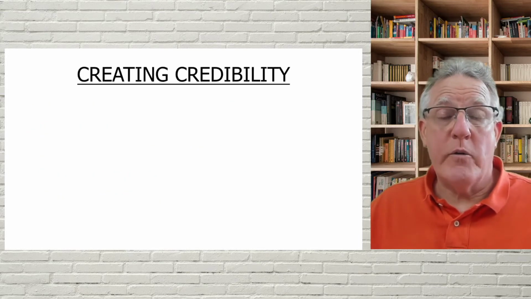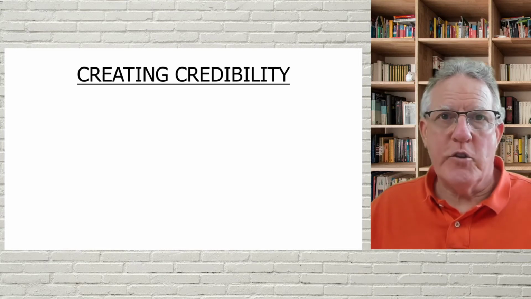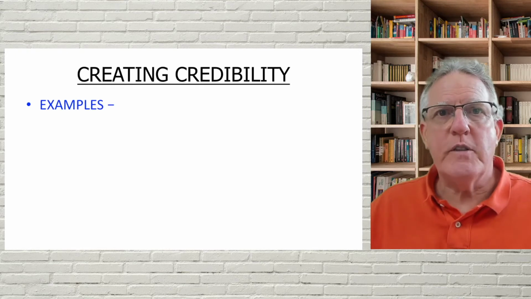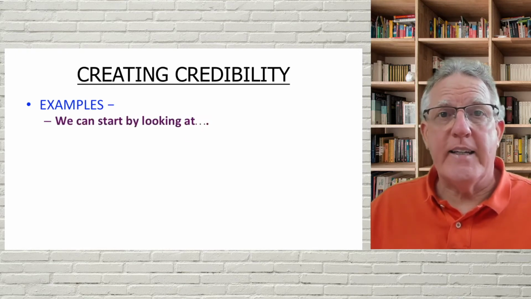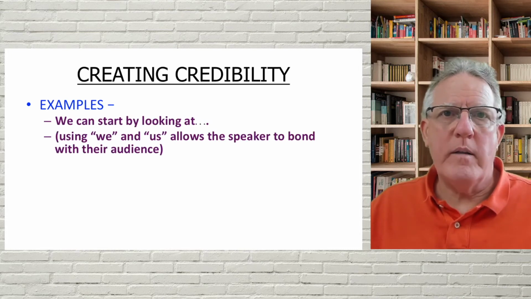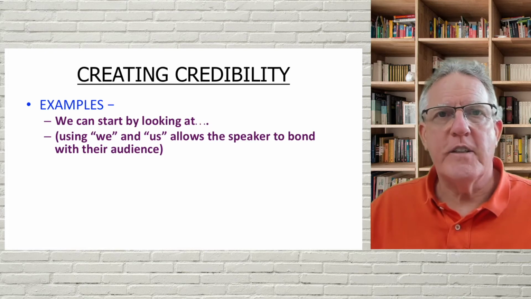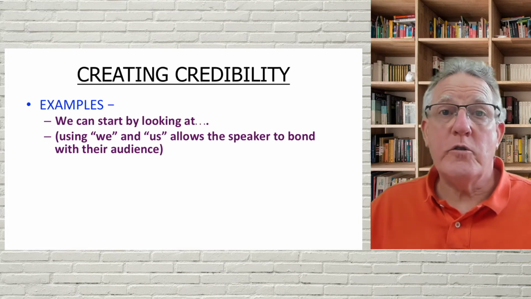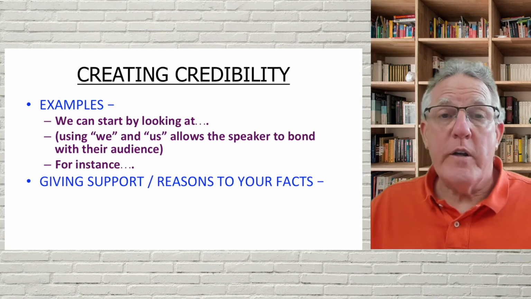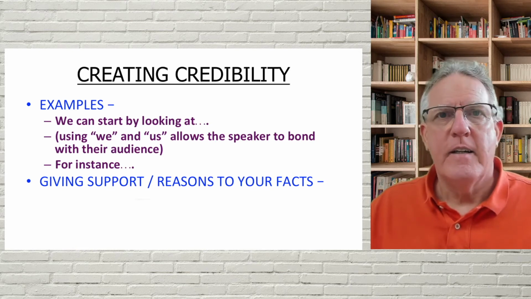In order to create credibility for the items that you're talking about, you can explain things by giving examples, by saying, we can start by looking at. Using we and us helps bond the speaker with the audience. You could also say, for instance,